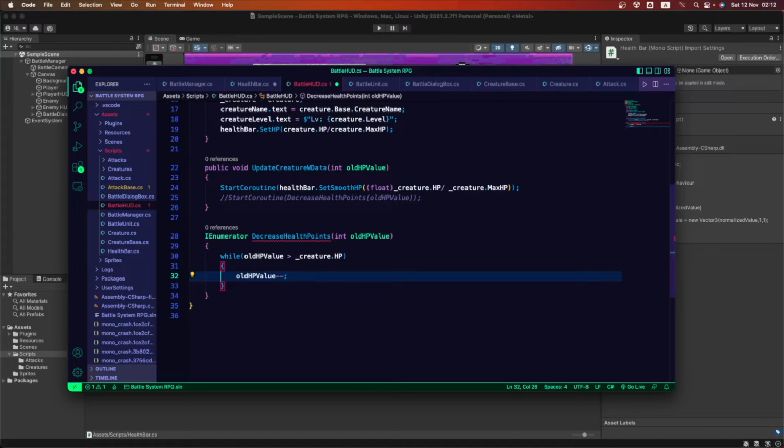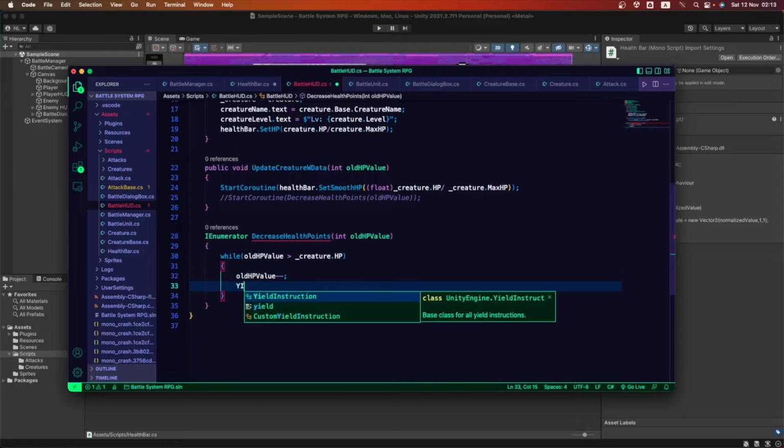Right now we really don't know what value that is. That is going to be working with the math that we're going to build in the battle manager and the creature. But here we are building the bare bones that are going to make this work. This is where we are going to be subtracting the value to reduce the health of whatever creature is inside the screen.